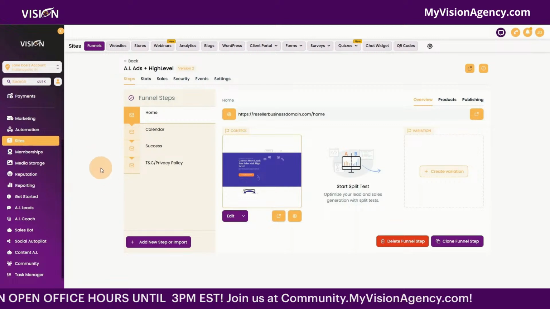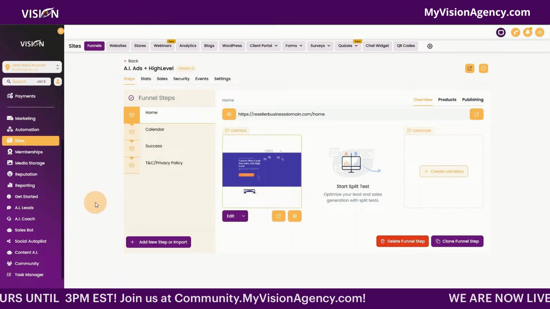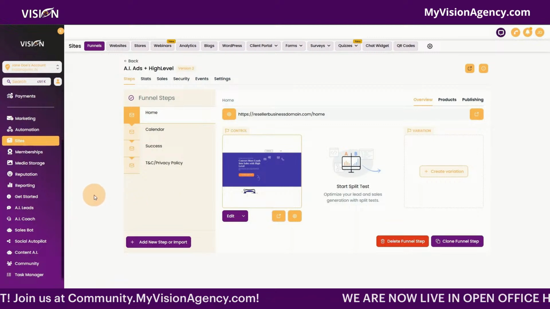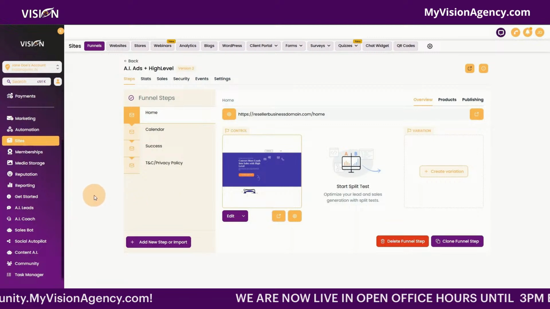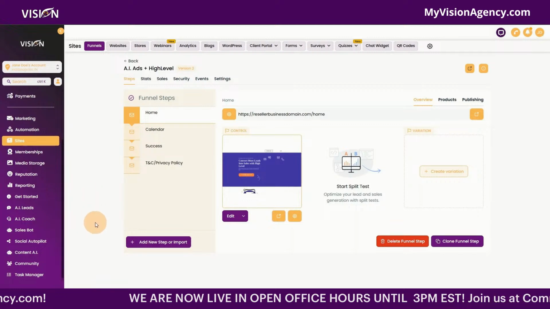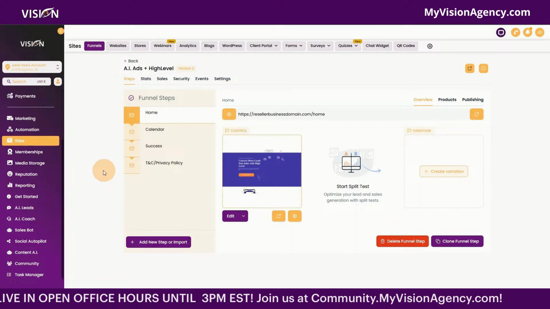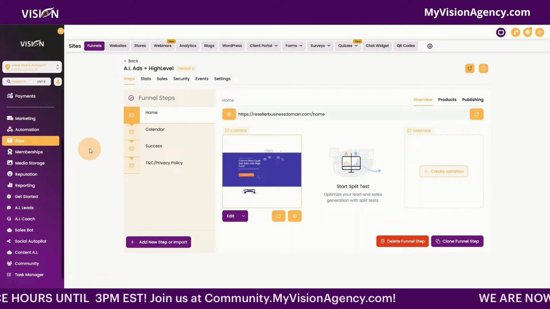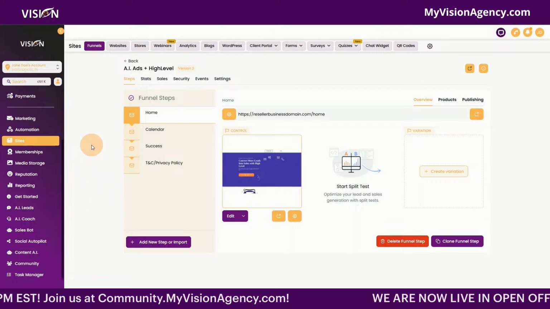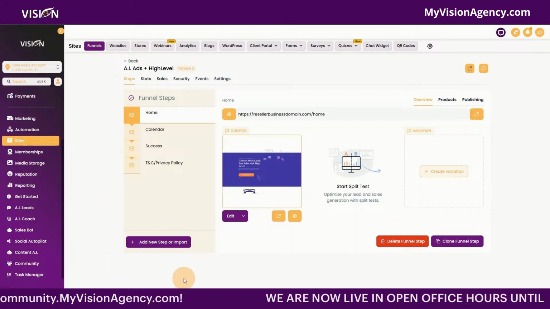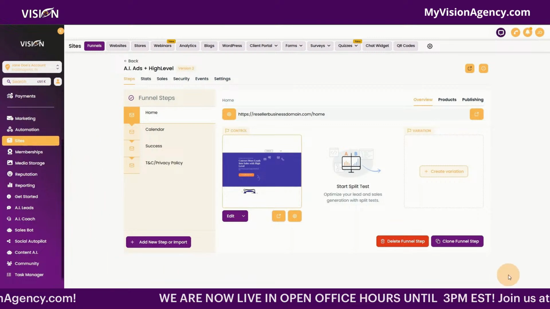Okay. So that's why I'm providing this done for you system to all of our members and the licenses to rebrand and resell the AI Ads Manager, and also the ability to resell unlimited sales bots. And all of that is done inside of the High Level agency, using it as the foundation of our business,